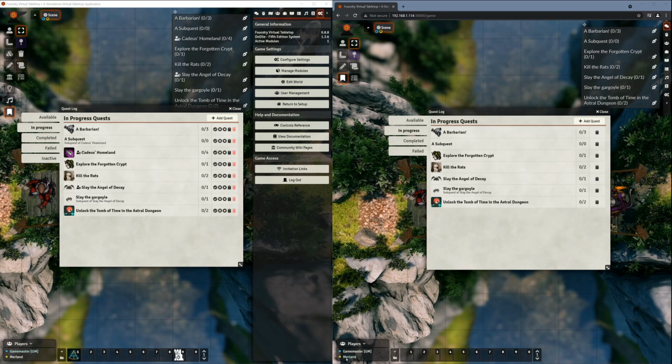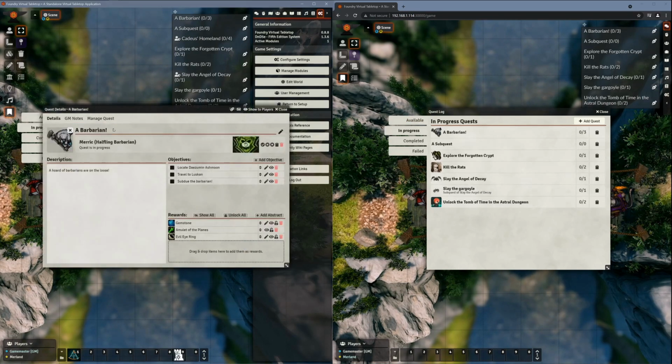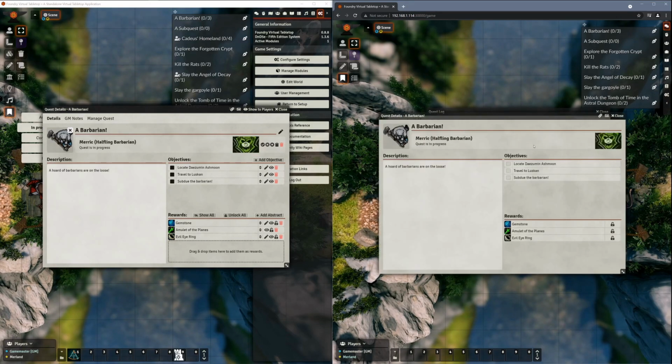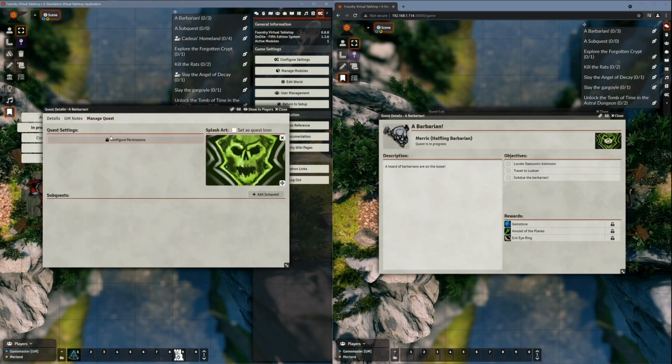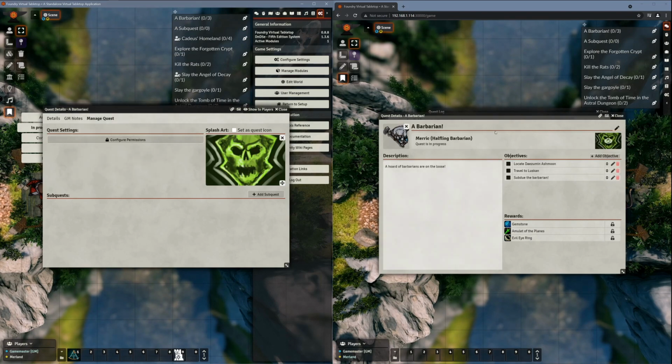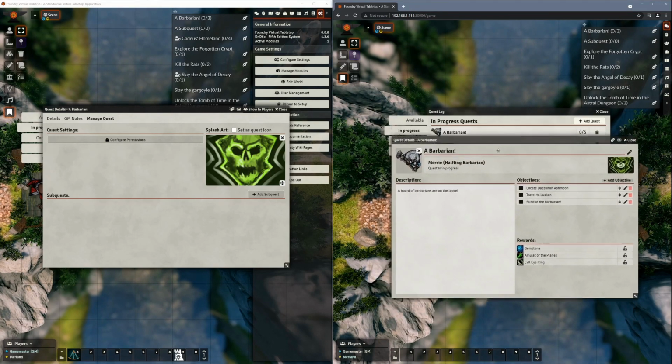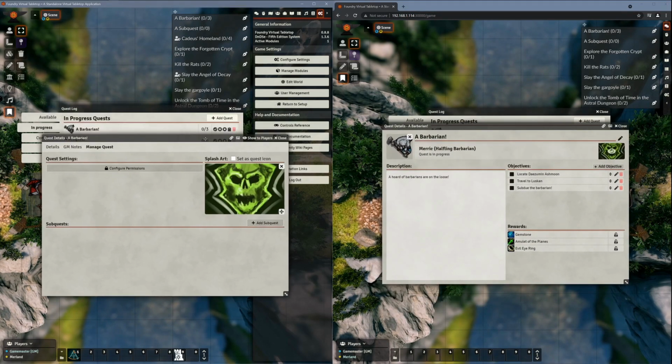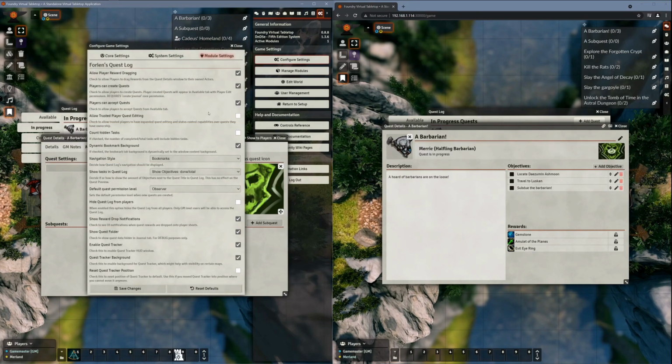So I'm logged in as Merland on the right, which is a trusted player, which is a level above player in the overall user permissions. And let's open up a barbarian again. And as you can see here, there's no editing capabilities. We will give Merland owner status, and right now you can see it's just like normal player editing when a player is the owner. But if we go over to this configuration setting and tick